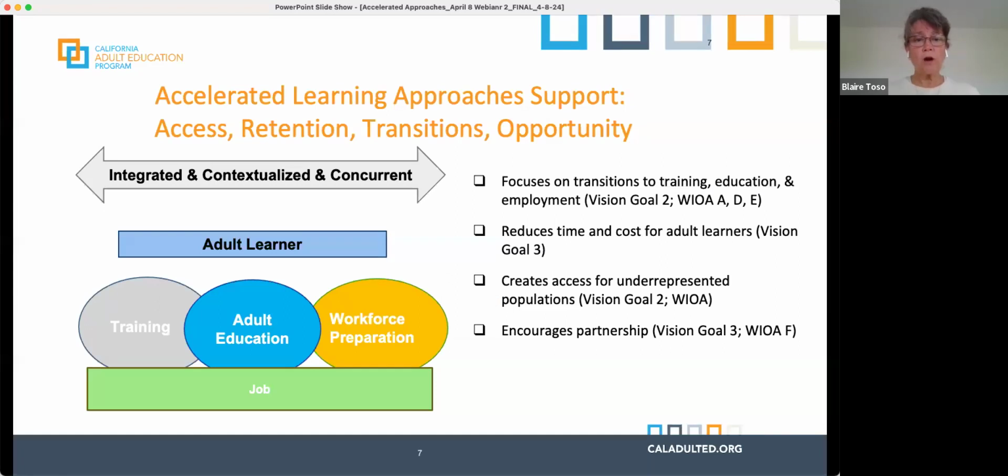So here we go. On the left-hand side is where the training, adult education, and workforce preparation combined with the job move that adult learner along in a continuum that occurs simultaneously as opposed to having to take one step at another. The other reason we're really wanting to,